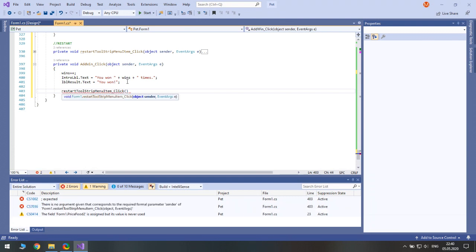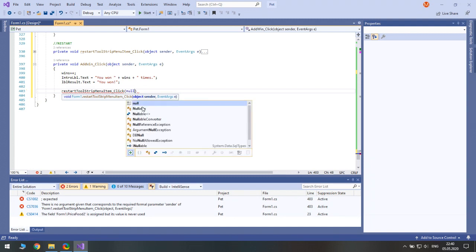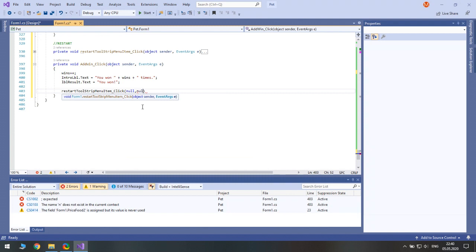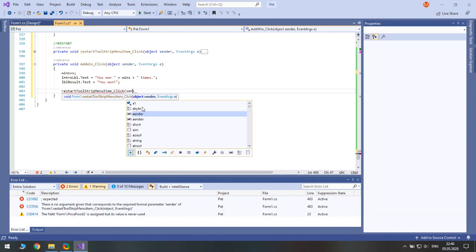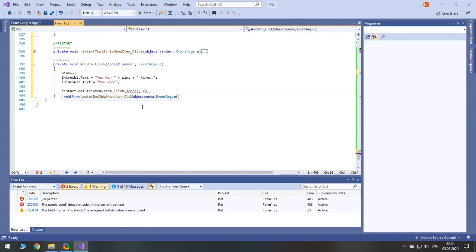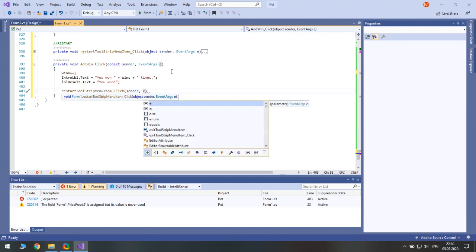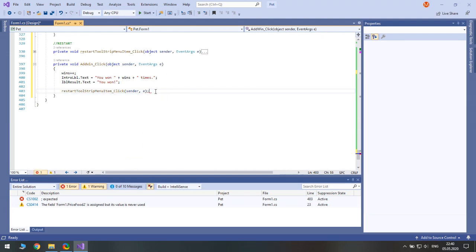It needs parameters, but we don't need any of those. We can pass null here and there, but we also can type sender and e, which are here as well. Here, I'm sorry. And well, that should do it.